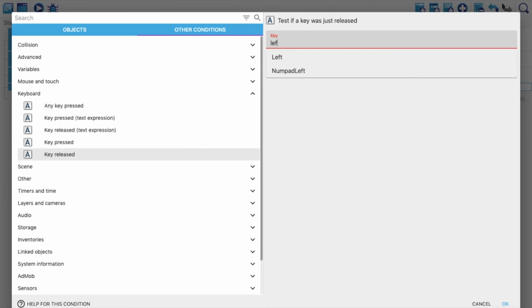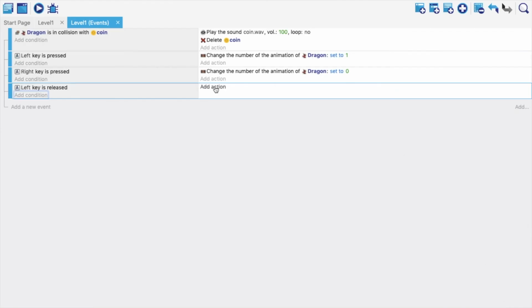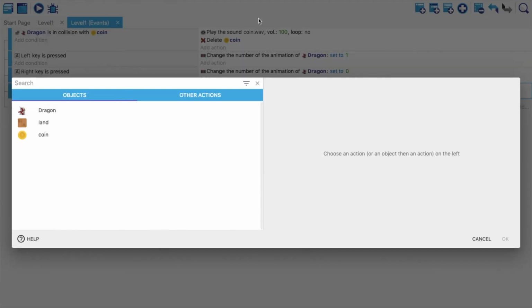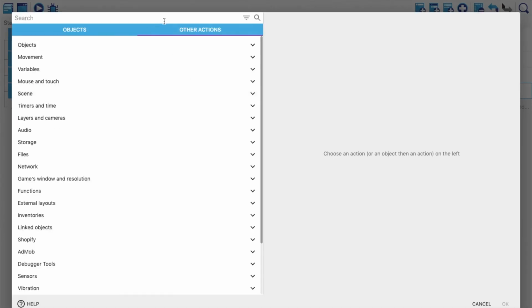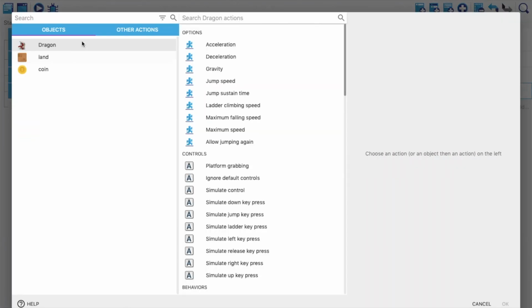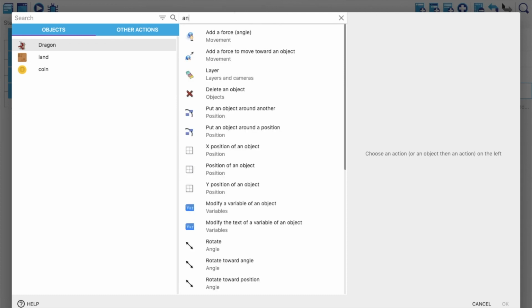So when the left key is released, what do I need to do? I need to change the animation. Okay, I was in a rush, I guess. I should go to other actions, and sorry, I need to change the animation of the dragon, right? Same as before. So I'll go to dragon and I'll go to animation.